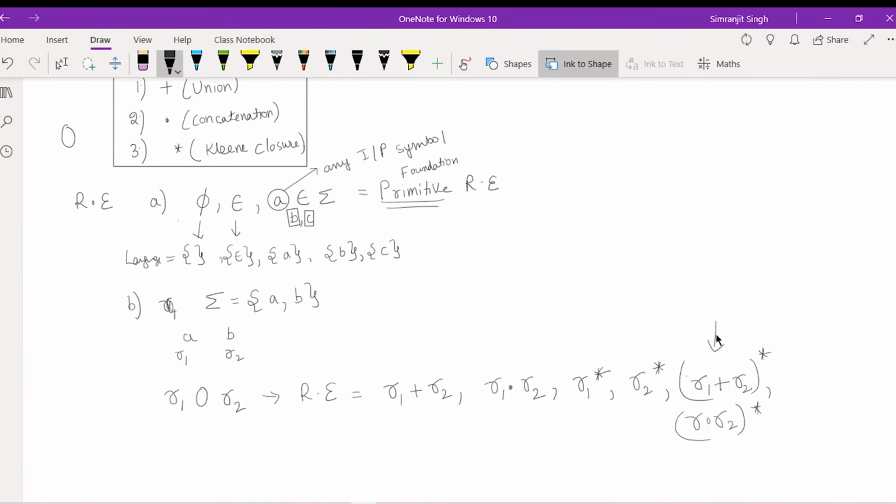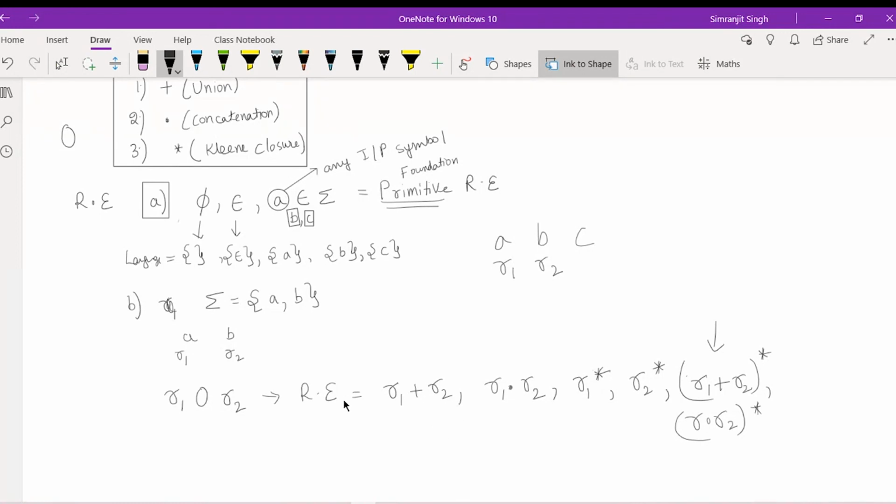If you want to understand the definition, take this A from here, this is your primitive regular expression. Mostly in this primitive regular expression, I am talking about the input. That input can be A, B, or C, anything. I am just naming them regular expression one, regular expression two. Apply any number of these operations, that can be union, concatenation, or Kleene closure. Apply these operators repeated number of times, and you will again get a regular expression.